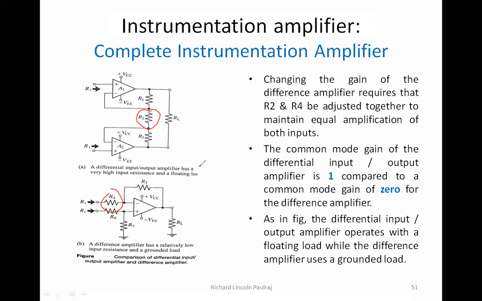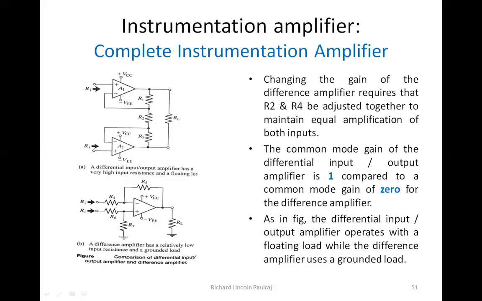But here, for the difference amplifier, the common mode gain is going to be 0. So the gain is going to be 1 when we are talking about the differential input output amplifier, the one you see in the upper section,